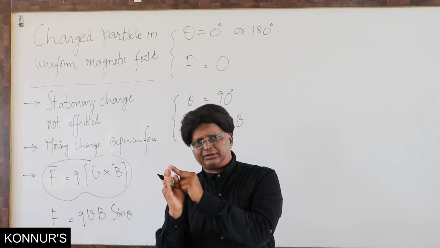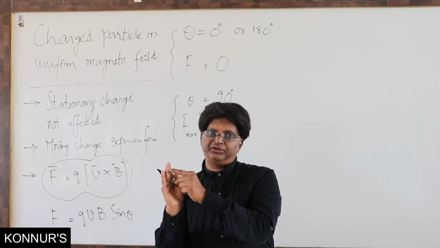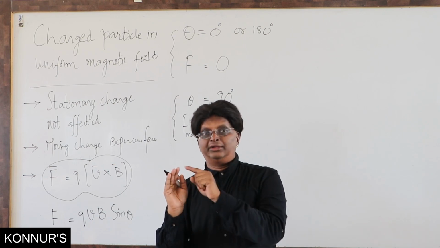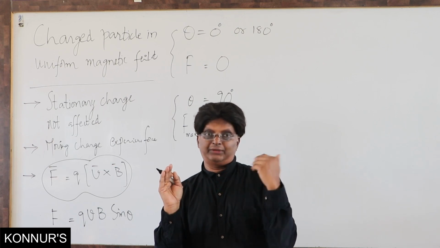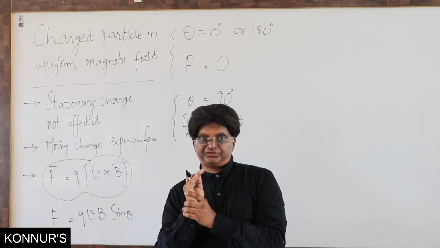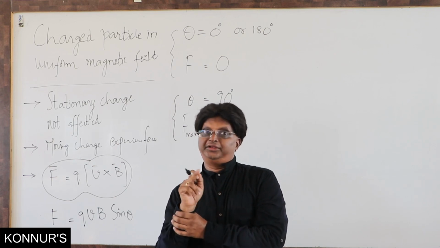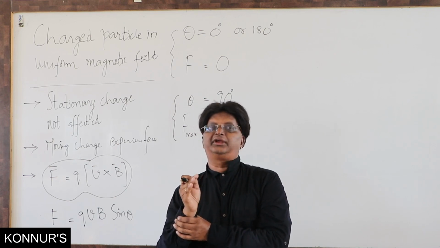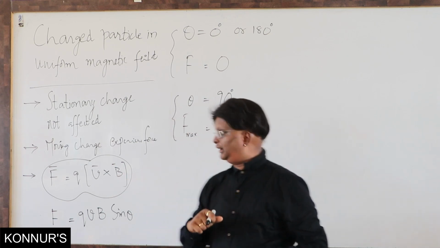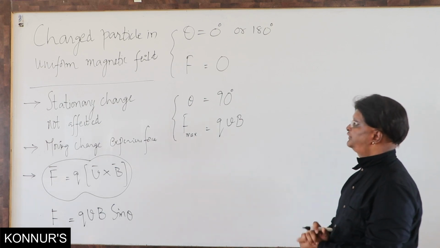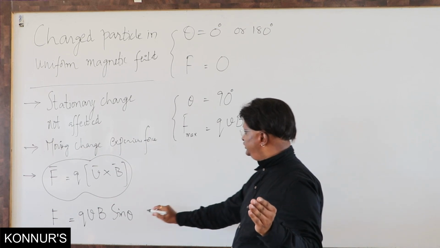Remember these three conditions: speed remaining constant, velocity direction changing, no change in kinetic energy and work done zero, are also the characteristics of centripetal force that we have talked about in circular motion. Therefore, this magnetic force on a charged particle is a deflecting force and it acts as centripetal force when the situation arises. Right. Now these are a few aspects about force, and let us come to a small discussion about understanding